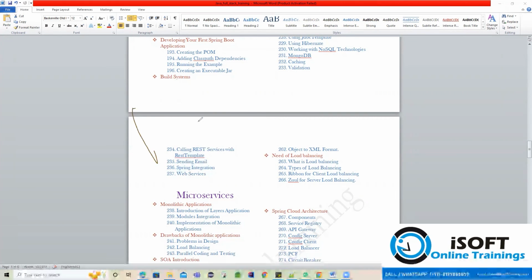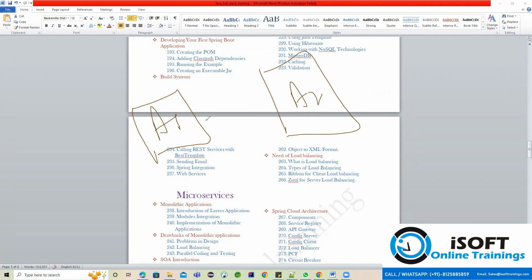So this is application one, and this is application two. From application one, I'm going to communicate with application two. This communication over the network is going to happen with the help of the REST template. The REST template is going to play an important role in converting one data type, one object, into another object. For example, here I'm trying to create